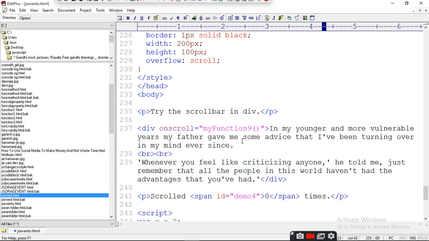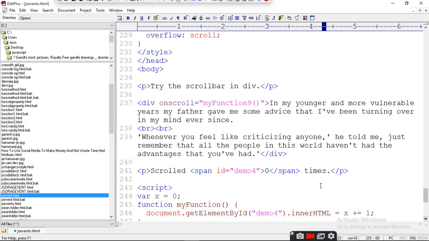vulnerable years, my father gave me some advice that I have been turning over in my mind ever since. Whenever you feel like criticizing anyone, he told me, just remember that all the people in this world haven't had the advantage that you have had. Then scroll span ID demo 40 span times. Now script